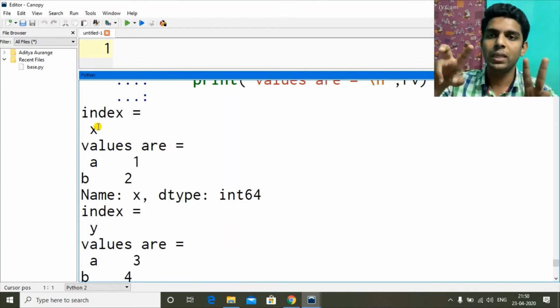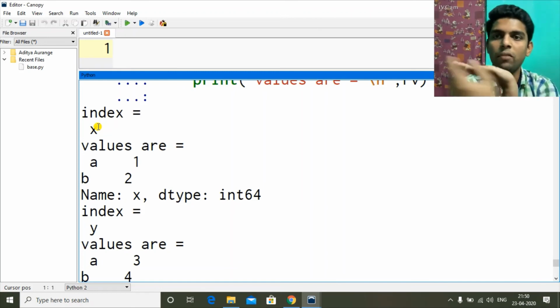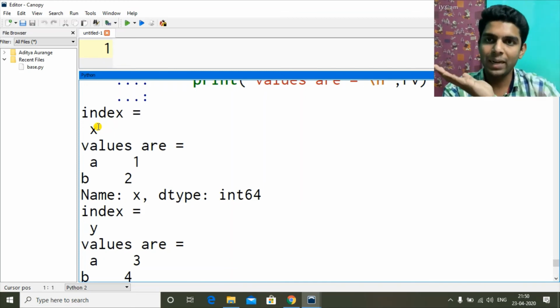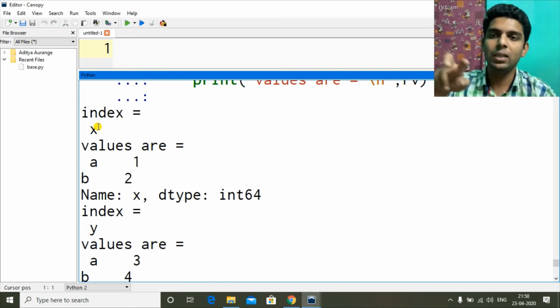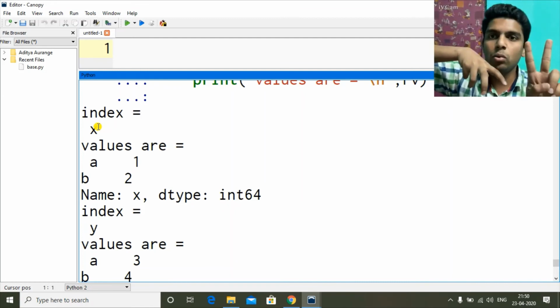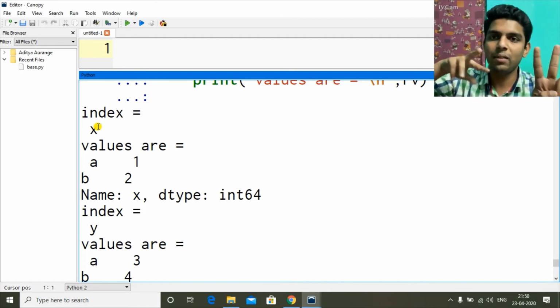Now, I wrote for RID, RV in this. Whatever is here is a data set, and these two go through the data set one by one. Initially these two took these values, X and the values inside it, went inside the loop and executed it, and we printed these values one by one.